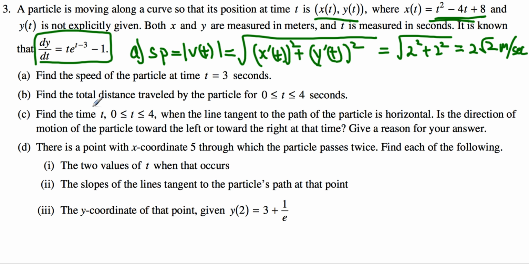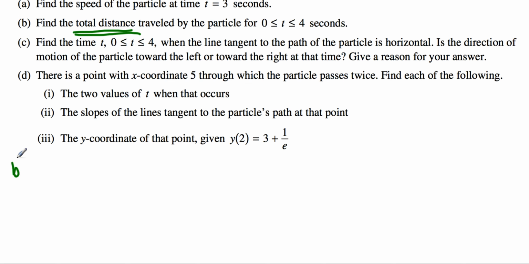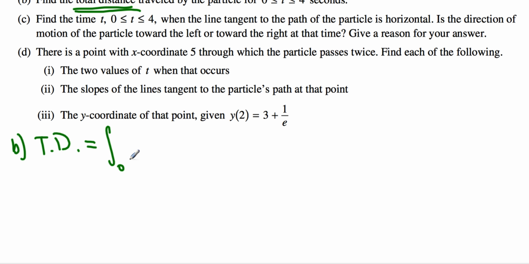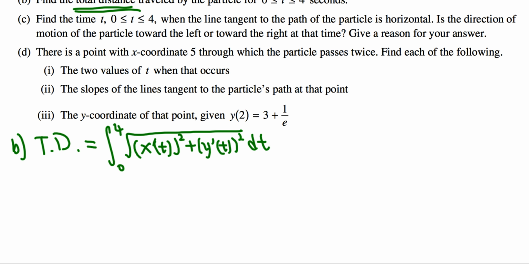Now, how about B? Find the total distance. The total distance in this case, we can find by the speed, or we can call that the arc length. So the total distance goes from 0 through 4, the integral from 0 to 4 of the square root of x prime of t squared plus y prime of t squared dt. Then using the calculator,